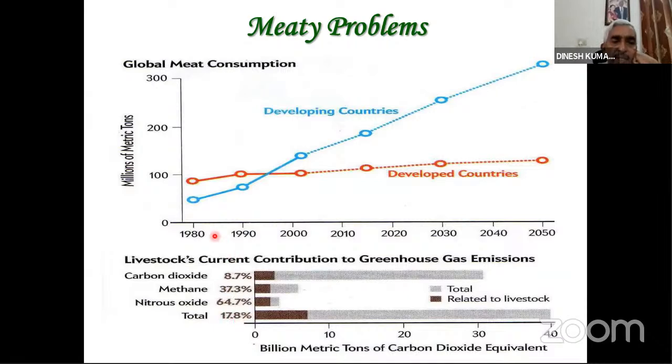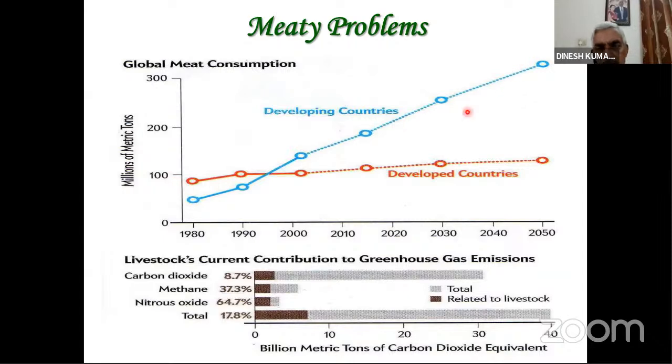In developed countries, population increase is not so much of a problem, because at present the developed countries have 1 to 1.2 billion, and that population is maintained in 2050. But in underdeveloped and developing countries, the population hike is very high and very fast, and up to 2050 there is a demand of billions of metric tons